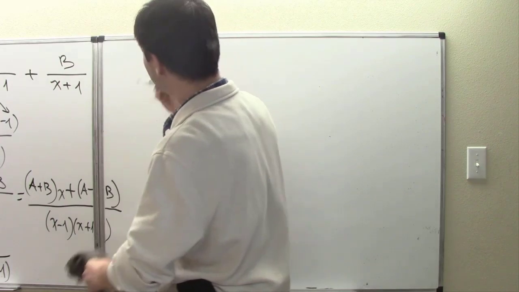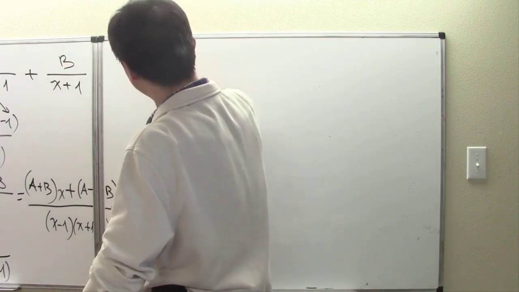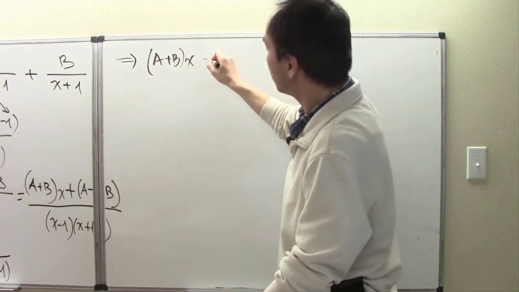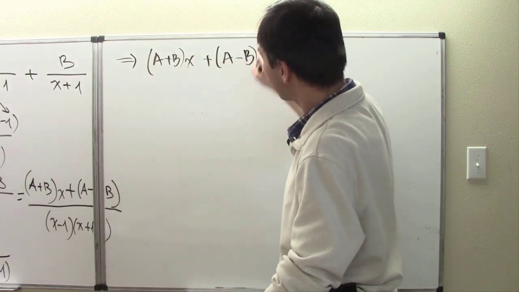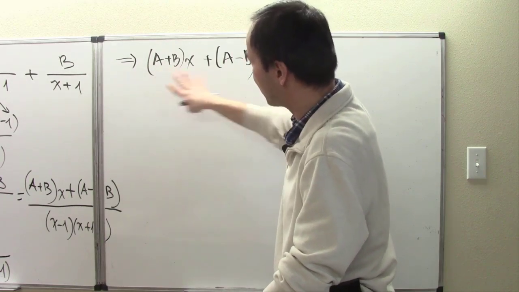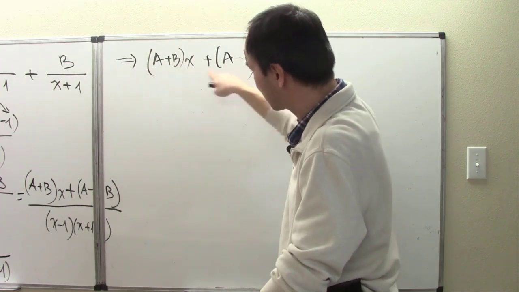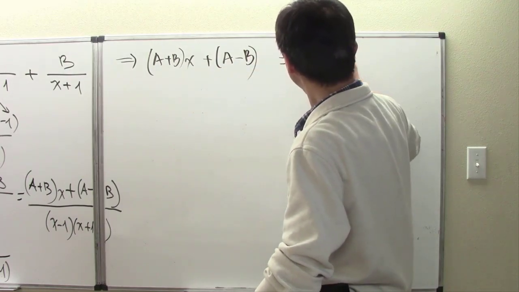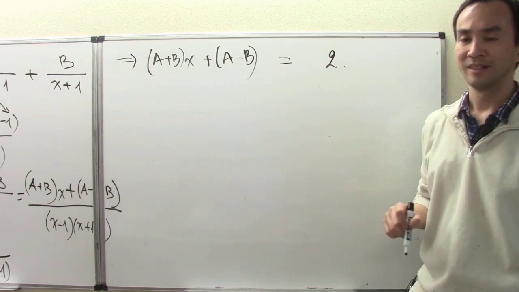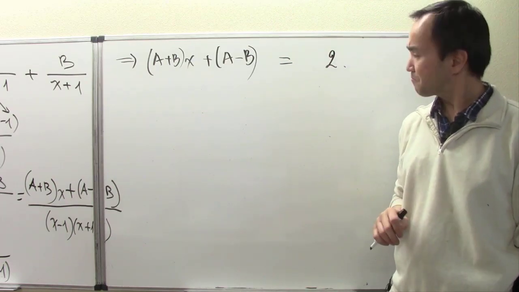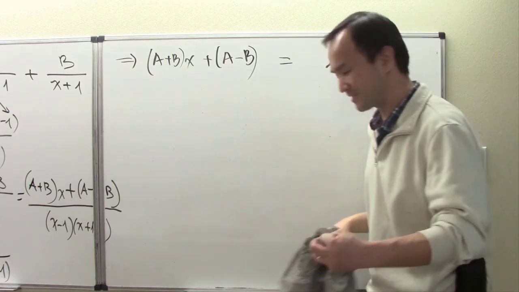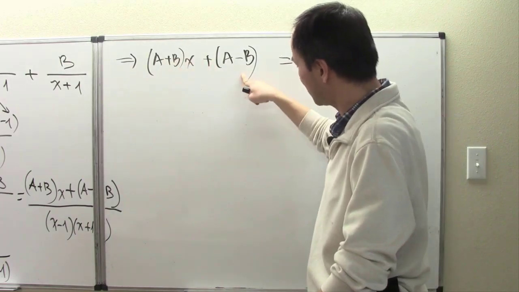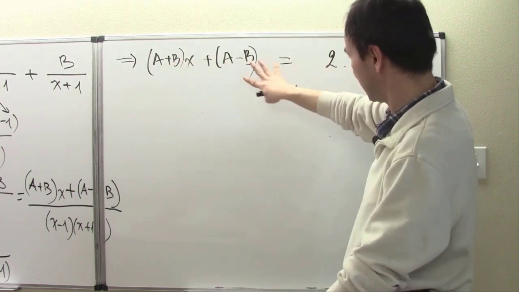So from having that equality right there, it must be true that a plus b times x, as a polynomial, plus the constant term a minus b. See, it's a polynomial. Think about mx plus b, but now it's a plus b times x plus another constant term a minus b. That has to equal 2. Okay, that has to equal 2. And so now the art is here. It's a polynomial, with the x term and the constant term, and in order for this